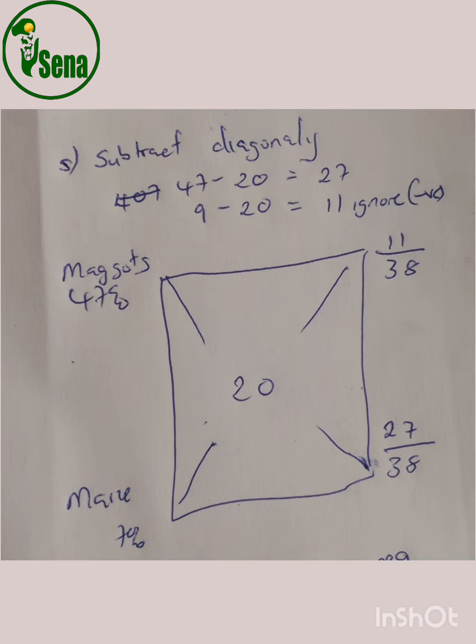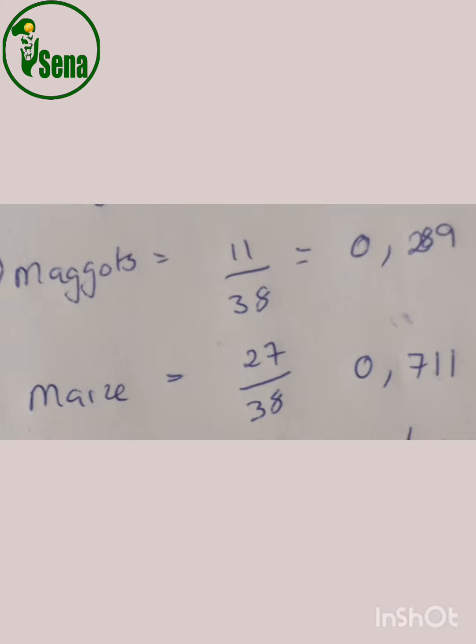and then 9% of the maize minus 20% our target. Now we get 11. So we put it on the top right hand corner, but now we ignore the negative sign. We don't put minus 11, we ignore the negative sign to just say it's 11. So now it becomes 11 over 38, which is our maggot, and then 27 over 38, which is our maize. And then when we divide that, we get 0.289 on our maggot, and then 0.711